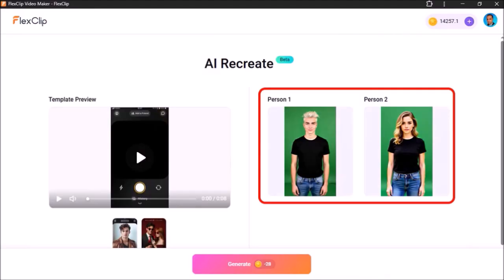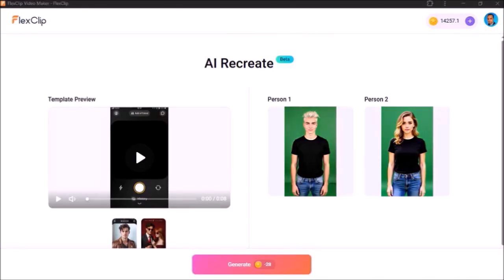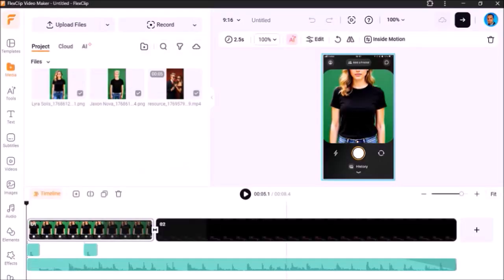And it does not need to be with a green screen background. These are just with a green screen, but it does not have to be. Then click on Generate, and it's going to use up 28 AI credits in this case. It'll then start processing the video, so just give it a few seconds,